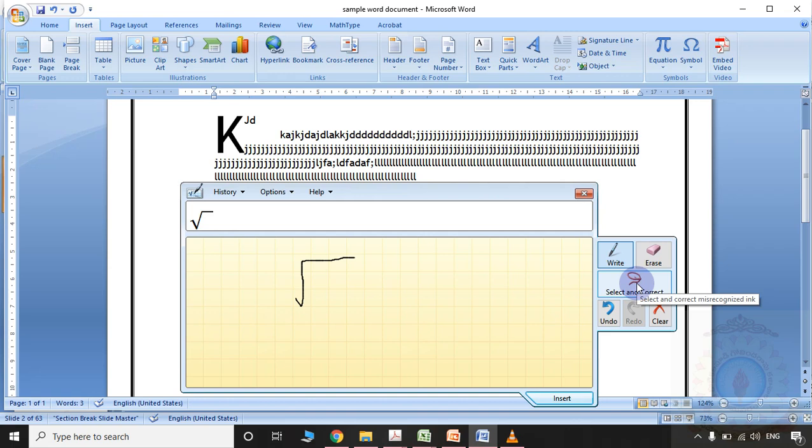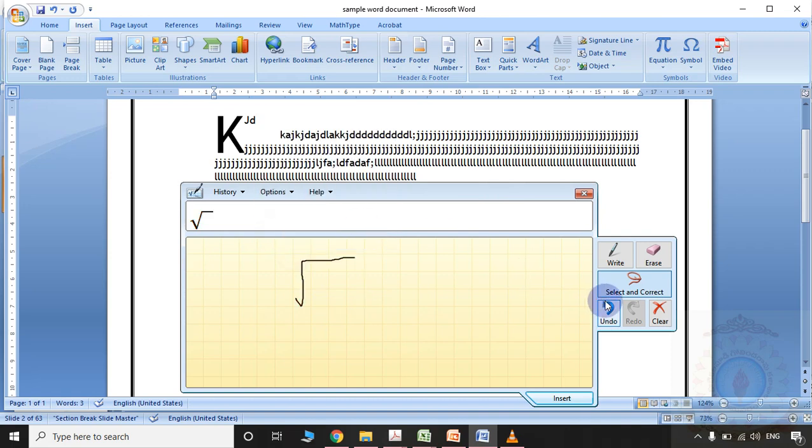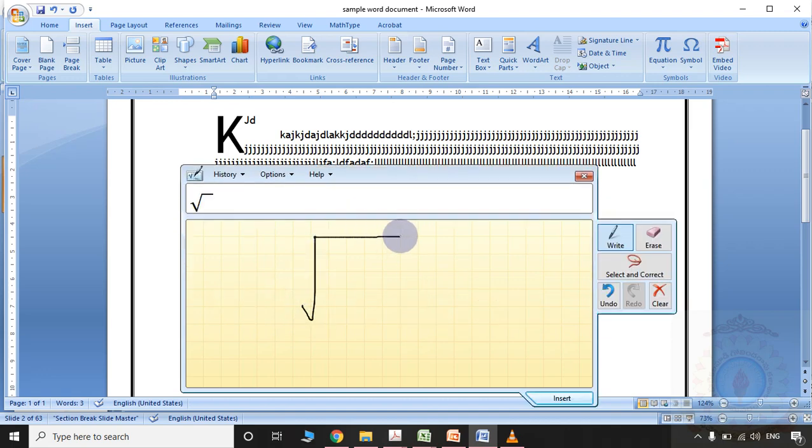If I want to correct it, I can modify. Undo option is also there. Clear option is also there. So now I want to show the square root symbol. Please observe here, the Insert option is exactly below this particular Math Input Panel window.